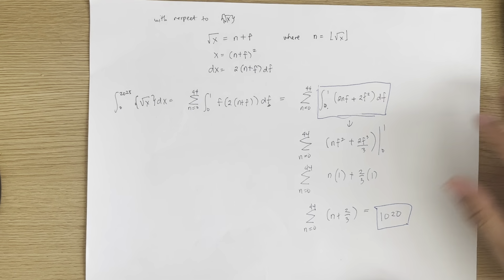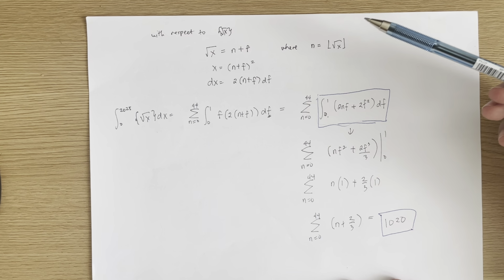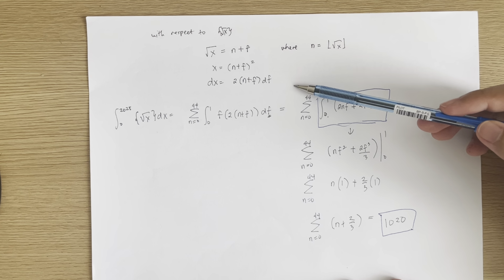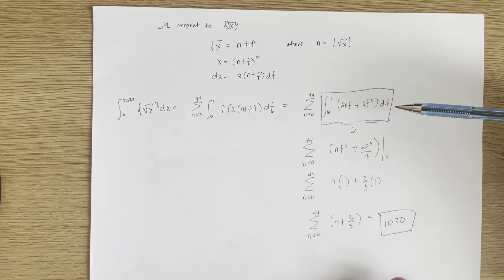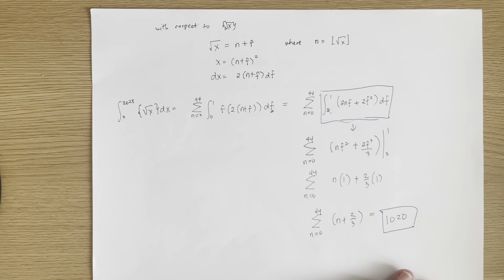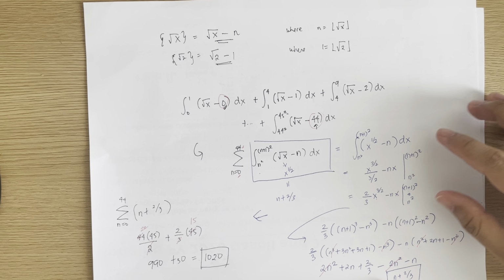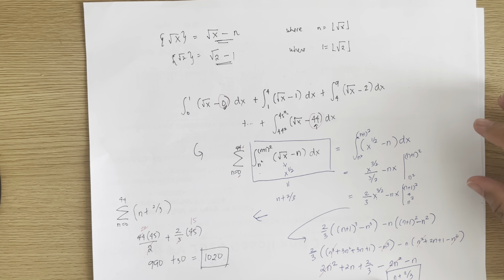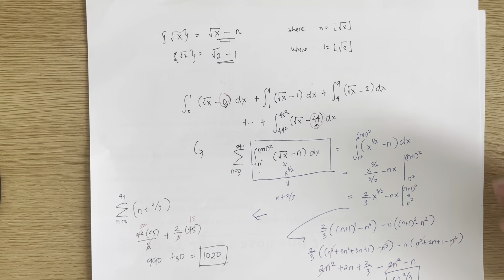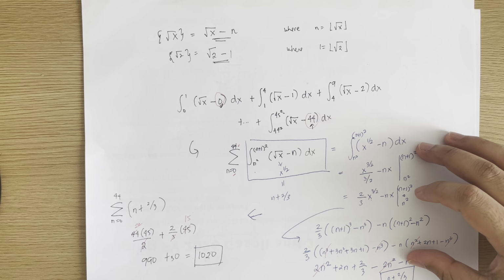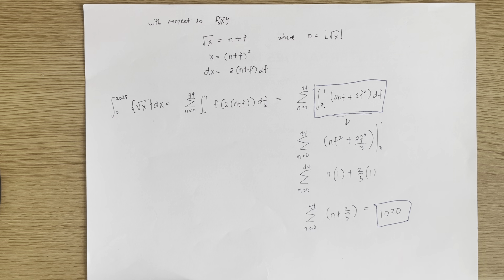So again, what we did here is we express the variable x in terms of f and then integrate with respect to f. And eventually we ended up with something that, for me personally, I think is simpler than the one we obtained earlier. This one has a bunch of n, which is, I think, longer to evaluate. So it's going to take longer, in my opinion, at least for me. It took me a longer time to answer this using the first solution than it did using the second solution. Okay?